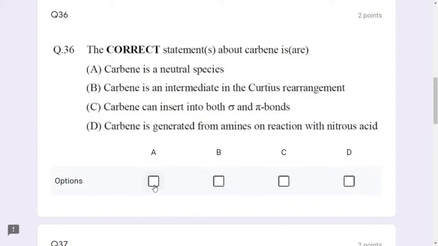So let us write A is correct, right? Carbene is an intermediate in the Curtius rearrangement. Isocyanate is the intermediate. It is not the carbene. Carbene is not going to be formed in the Curtius rearrangement. Carbene can insert into both sigma and pi bonds. Yes, students, it can insert both sigma and pi bonds. So option C also is correct option, students. Next,